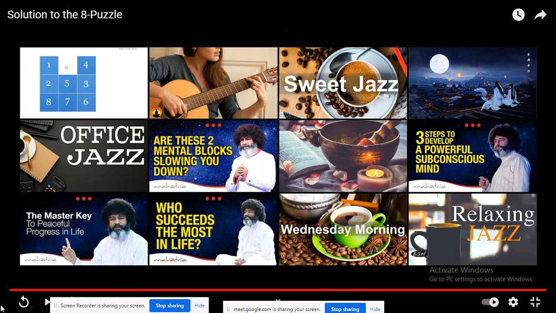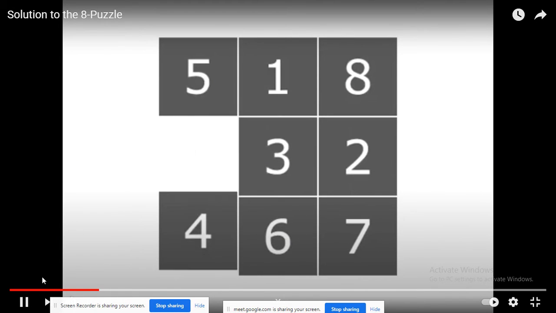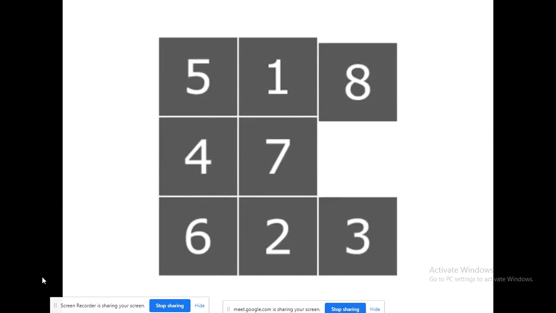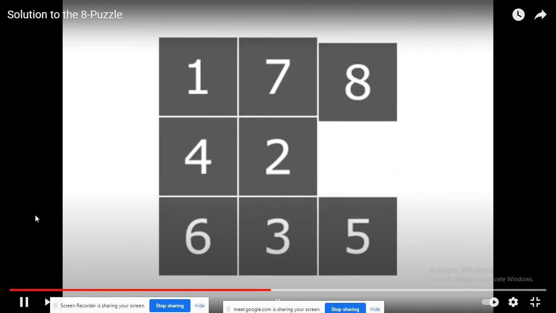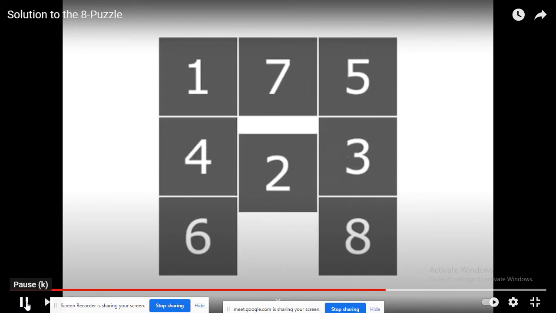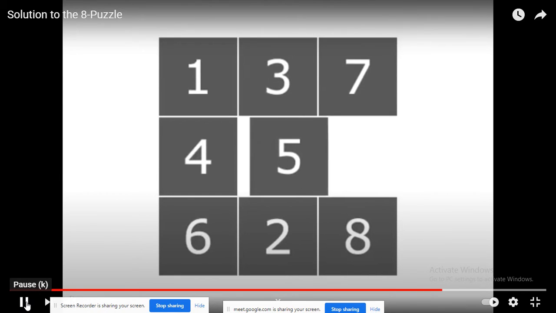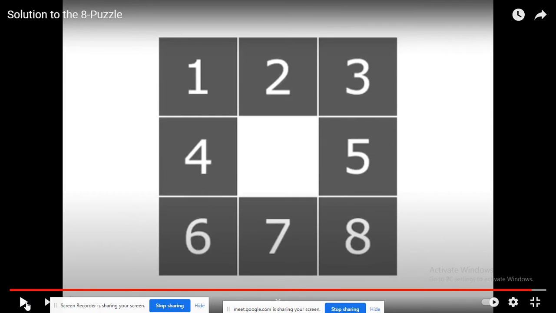See this, I'll replay the content. So, this is the goal state for this problem: 1, 2, 3, 4, 5, 6, 7, 8.